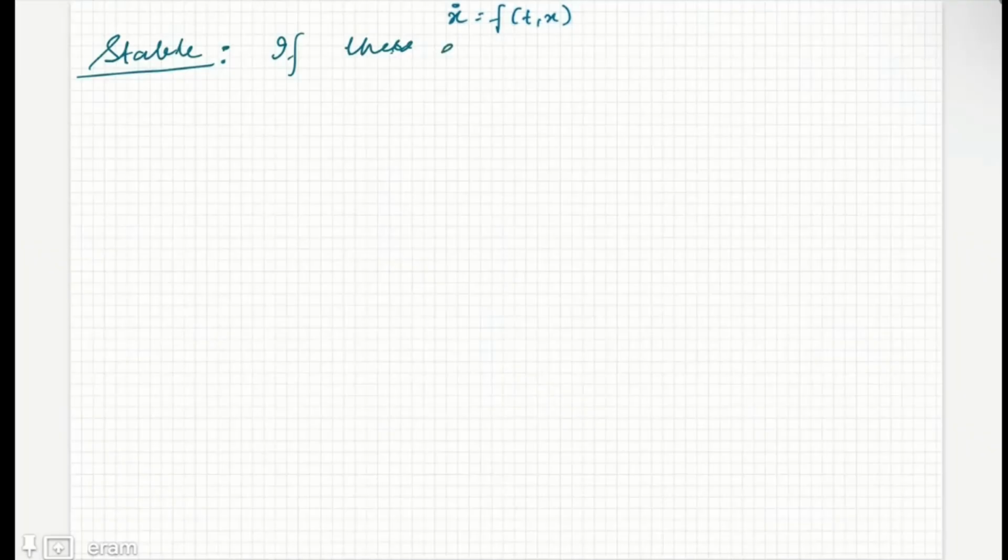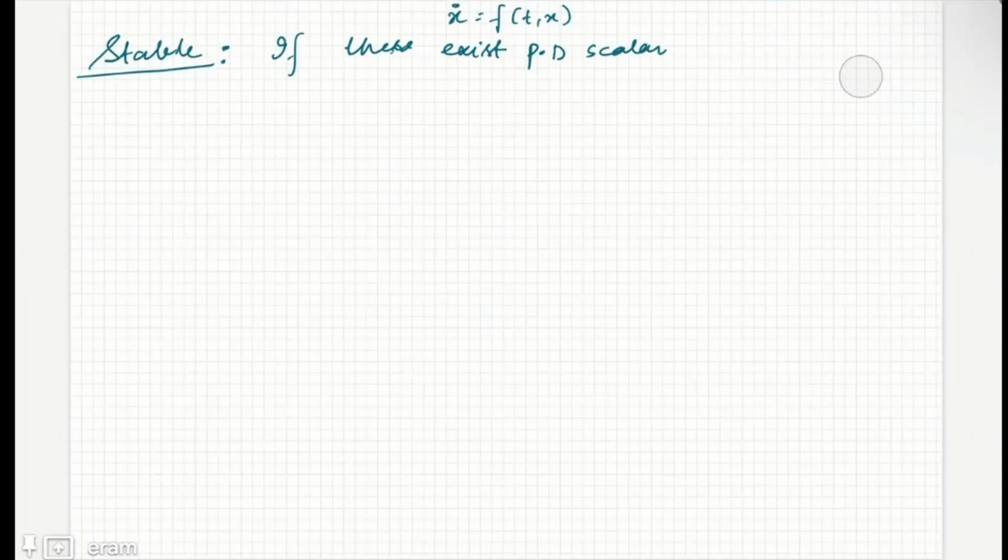So for such systems, if there exists a positive definite scalar Lyapunov function V(t, x), let's also define its domain. It is defined on t0 to infinity, and it should be continuously differentiable,